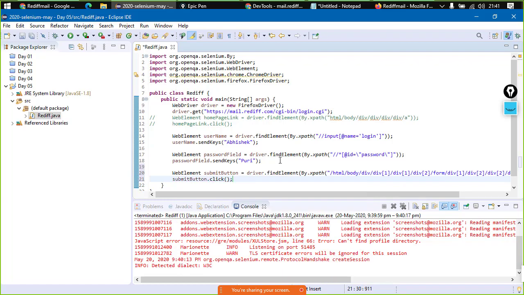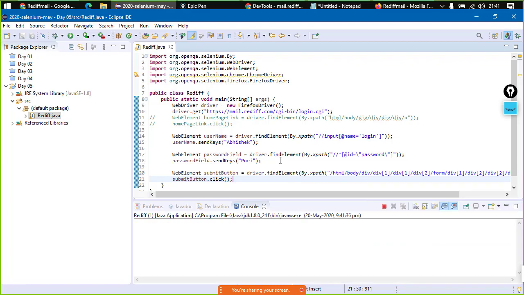We'll get to know if there is an issue, right? So the code is executing. Let us just see that.